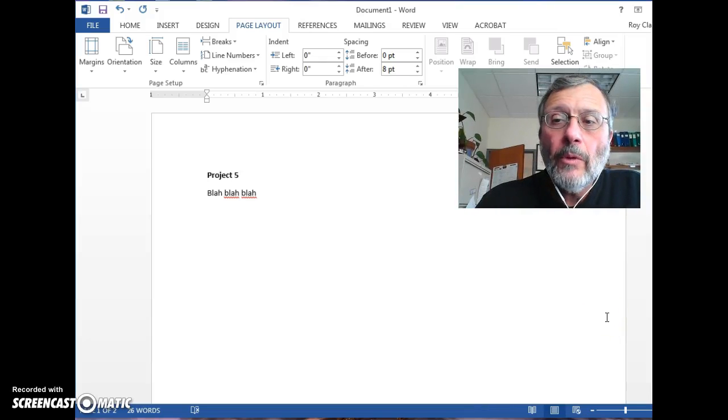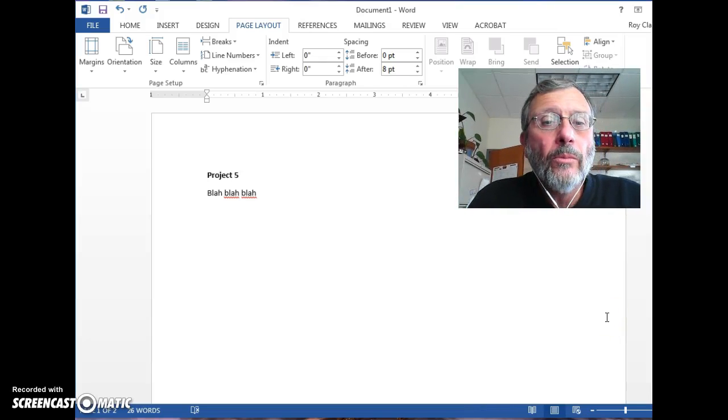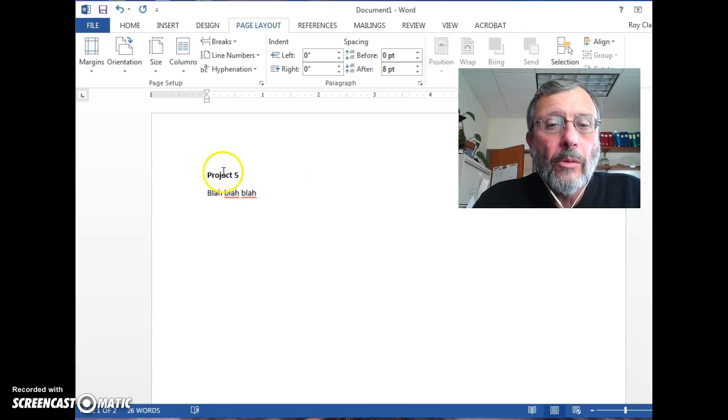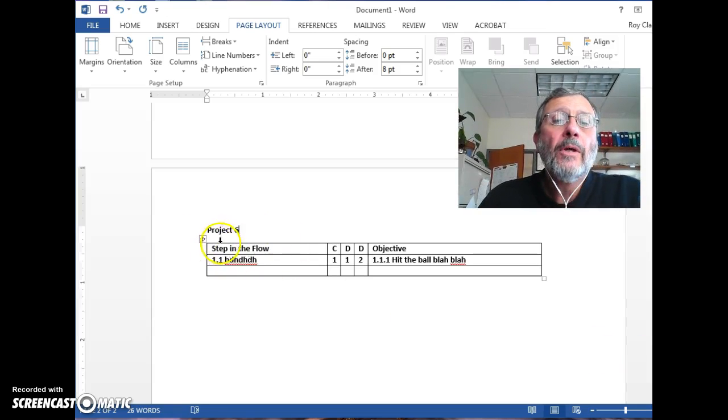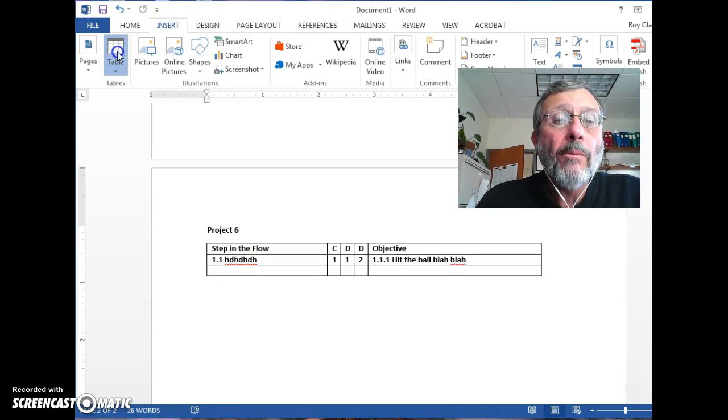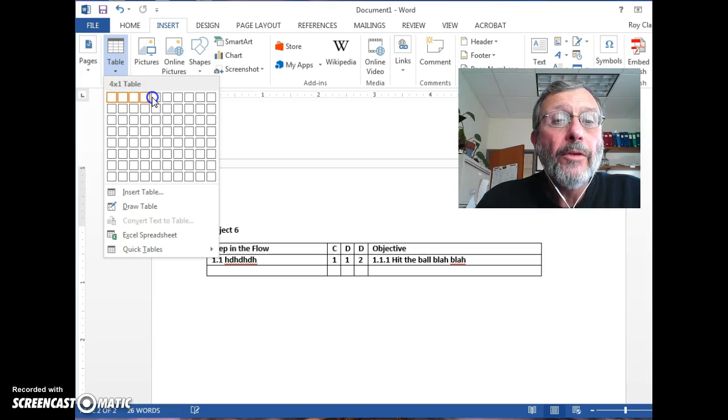Hi everyone. In the last screen capture I showed you how to create a table. So imagine we have this project going, and here's project milestone 5, and let me scroll down to project 6. Remember, we inserted a table. I won't do it now, but we inserted a table by highlighting cells like this, and when we did, it